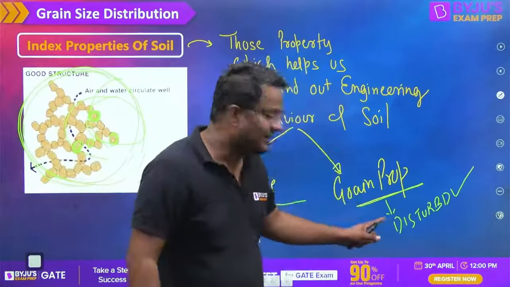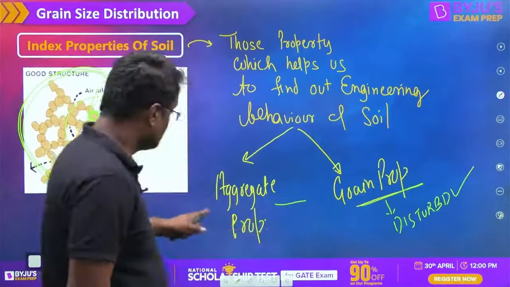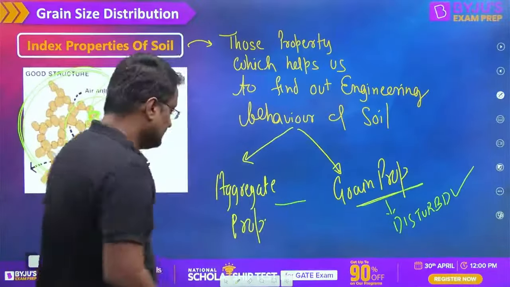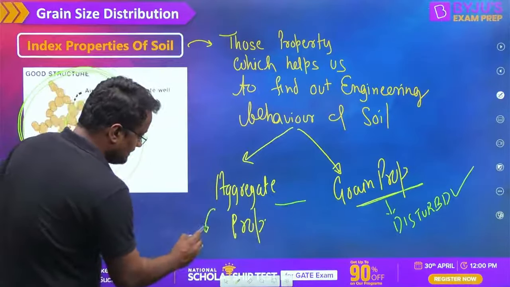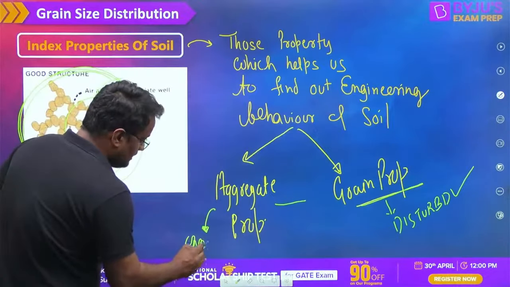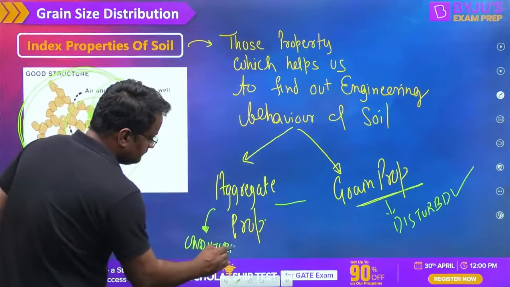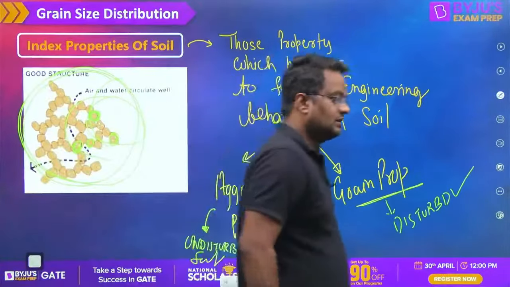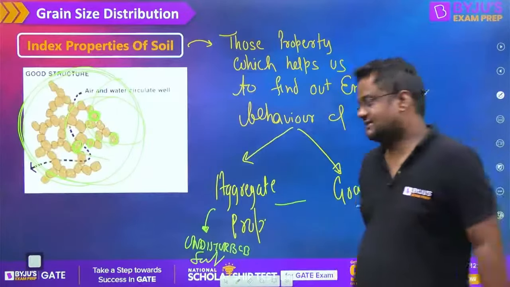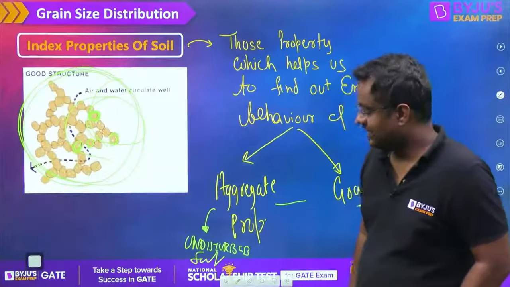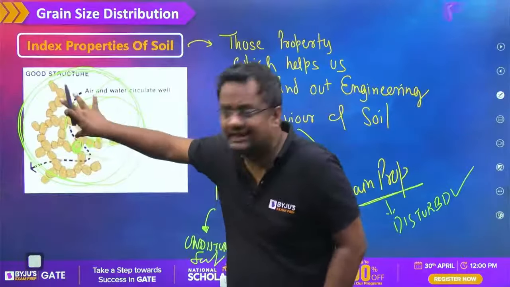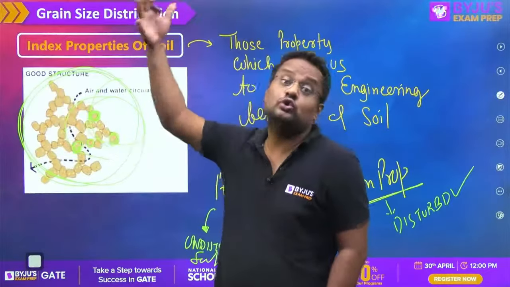So we can go for a disturbed sample also. But when the whole aggregate is making some property, then in that case an undisturbed sample is required. Either you take out the undisturbed sample so these voids are not changing, or you do the testing in the